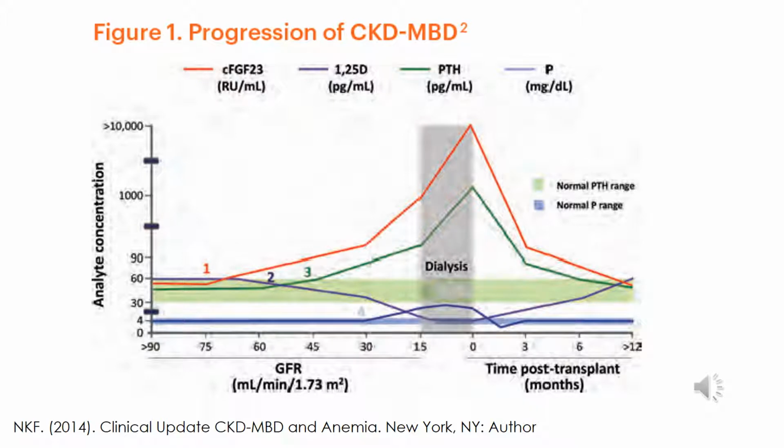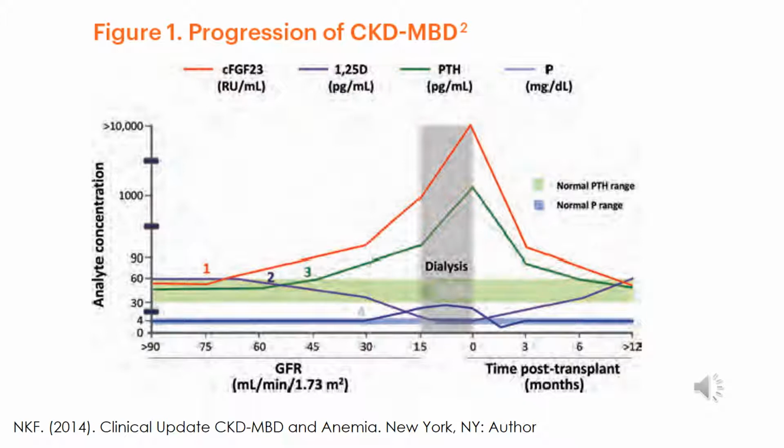This graph is from the National Kidney Foundation that's showing you the different biomarkers for chronic kidney disease mineral bone disorder. At the top you can see you have the red, which is the growth hormone, FGF23. The bluish purple is the vitamin D 1,25. The green is the parathyroid hormone, and the purplish color is the phosphorus. And across the bottom is your GFR. So you can see that